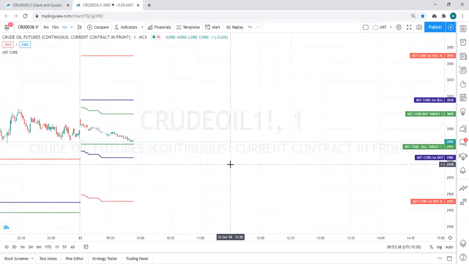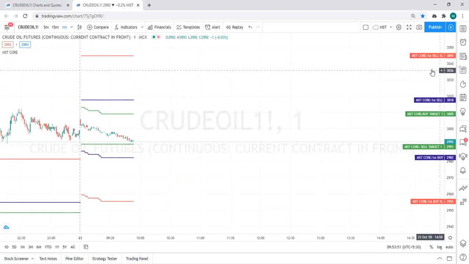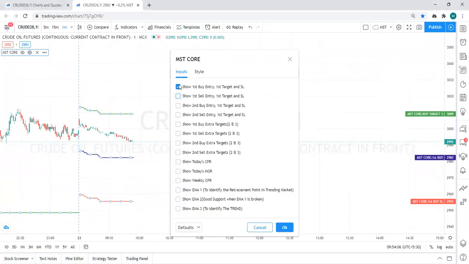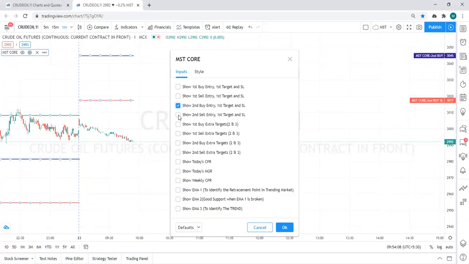That's all, very simple. We will keep the SL and target and wait for either target or SL. If SL hits, then we have to take the reverse entry from the SL point. Very clear. And the same stop loss, 27 point SL, we have to keep. If you want to know exactly where the point is, then we have to select second buy and second sell.